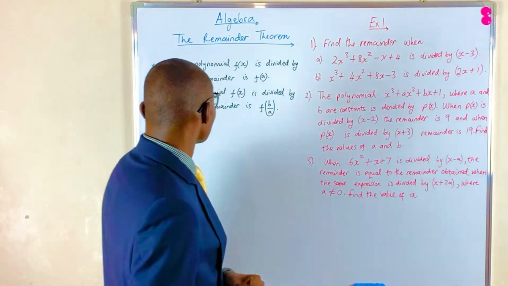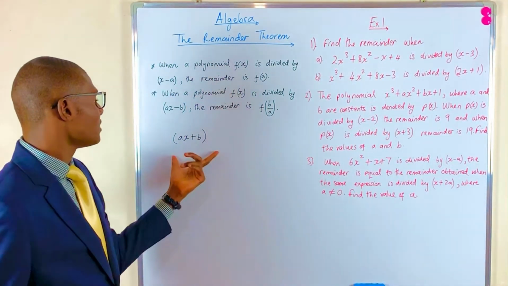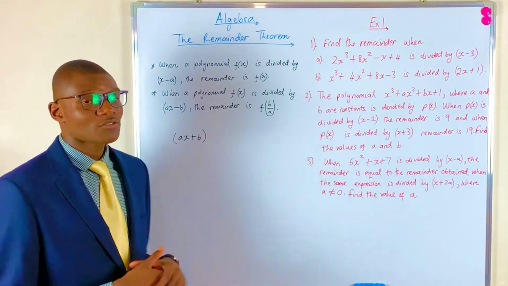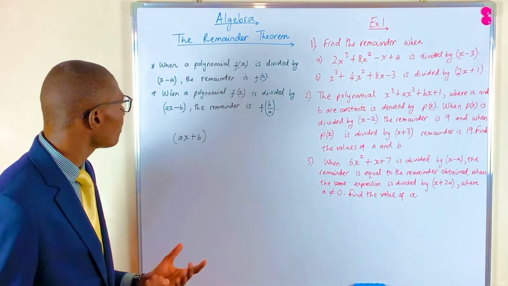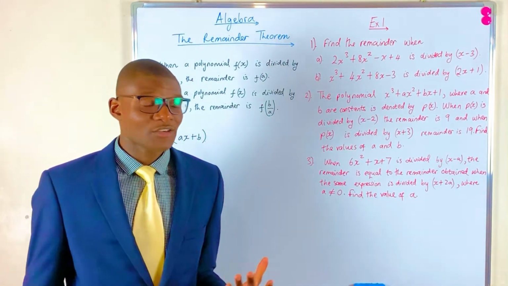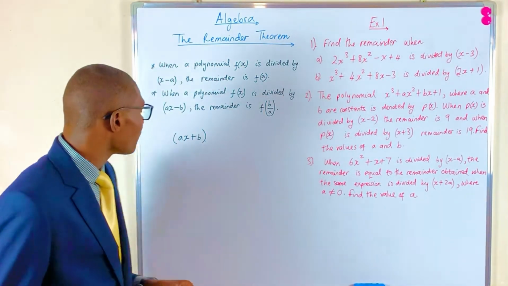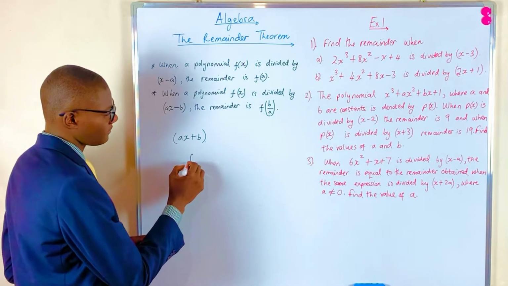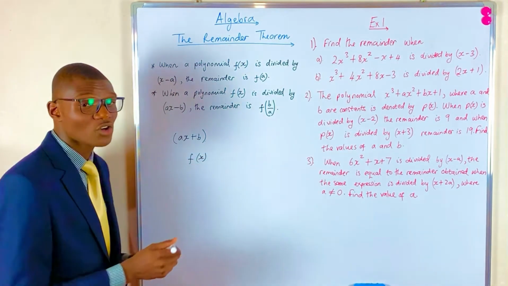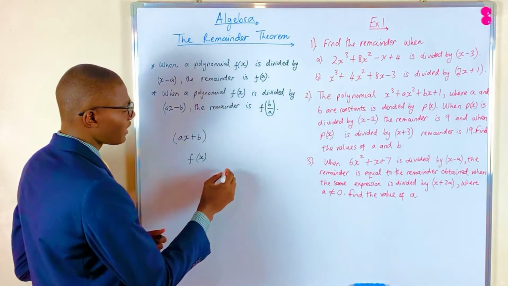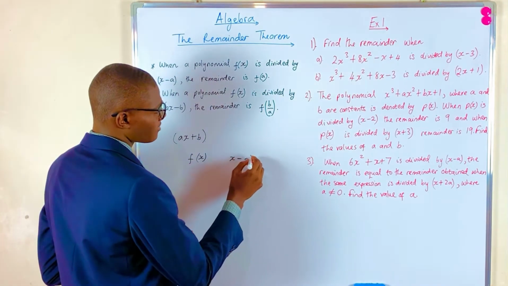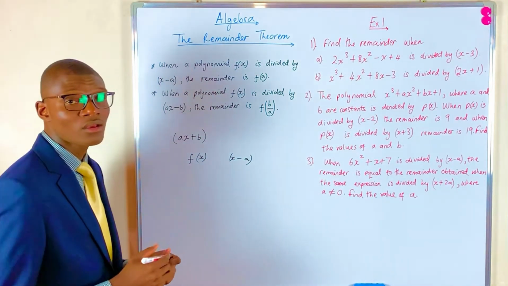So for us to get the remainder after we are dividing by an expression of the form ax plus b, we can use what we call the remainder theorem, right? But first of all, what do we know? We know that if a polynomial f of x is divided by x minus a, right,